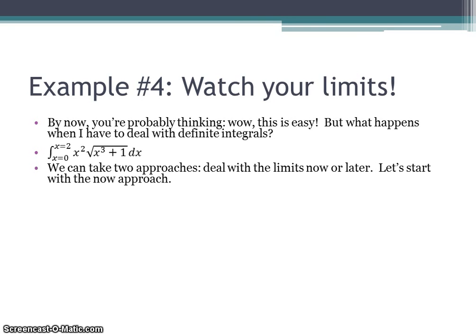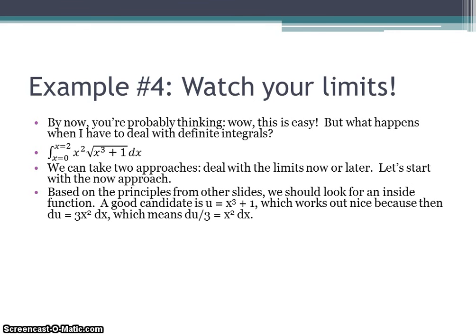So we could take two approaches. We can deal with the limits now, or we could deal with them later. Let's start with the now approach. No procrastinating here. Based on the principles from other slides, we look for an inside function. We got a square root. It looks like there's something inside that square root, so a good candidate would be u is equal to x cubed plus 1. Hey, that works out nice, because then du is equal to 3x squared dx,